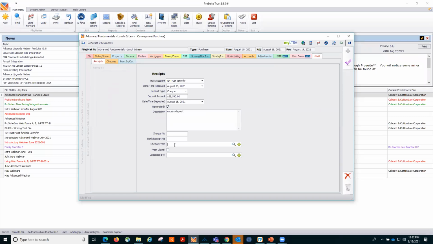Okay, so we always want to ensure that we're putting that Realtor's name in here. Who is the check from? Because when you're running your reports, you don't want to have a bunch of holes in your reports. Okay, so I can click save